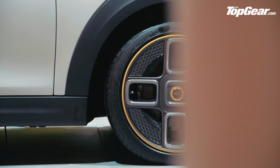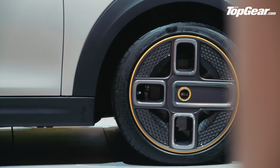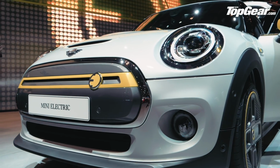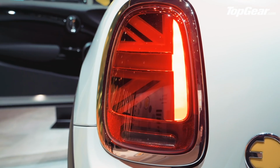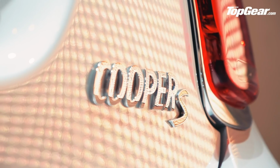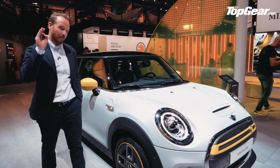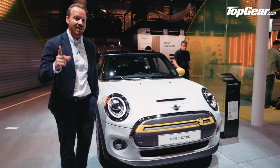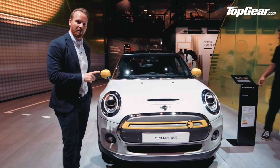In terms of performance, well, 181 horsepower. It'll do 144 miles on a charge, and it will do 0 to 60 in about 7.5 seconds. So as I said, Cooper S levels of performance. But the big story with this car is price, because Mini is pricing it very aggressively, despite being a premium company. So it starts from